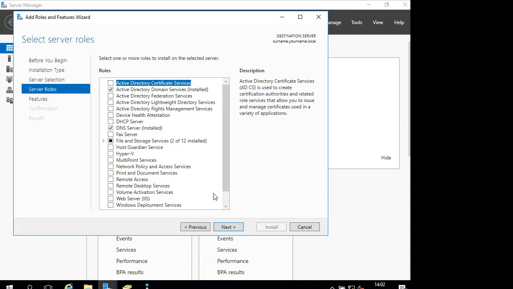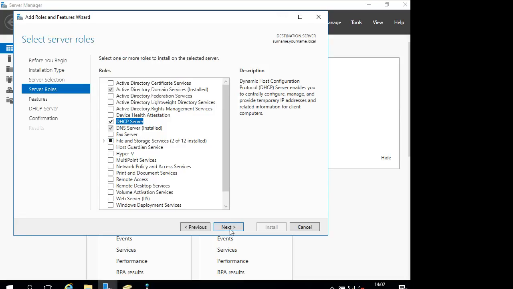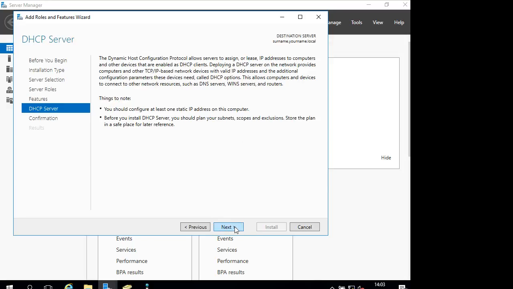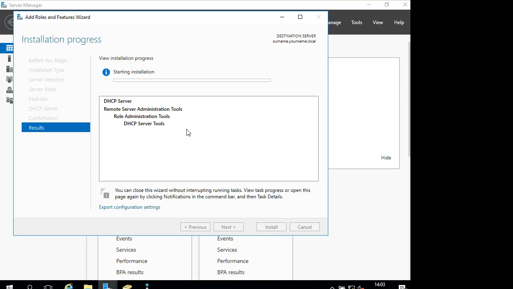Then Next, and here you can see that DNS server is already installed, so you have DHCP server. You select that box, Add Features, Next, and Next again. There are other things to add, but you don't need to add them right now. Next, and then you confirm the server, and right now it is installing the DHCP